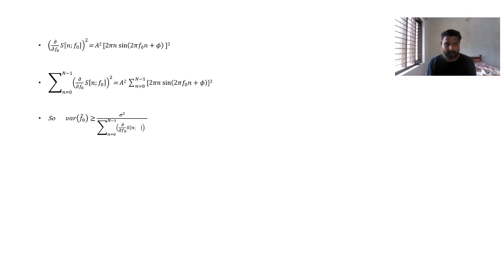One more mistake I had made: it is not ∂/∂f of s[n; f₀], it is (∂/∂f₀ of s[n; f₀]) the whole square; that is the general equation for the general CRLB. Now it changes to: the variance of f₀ cap should be greater than or equal to σ² by A² sum over n equal to 0 to N minus 1 of 2πn